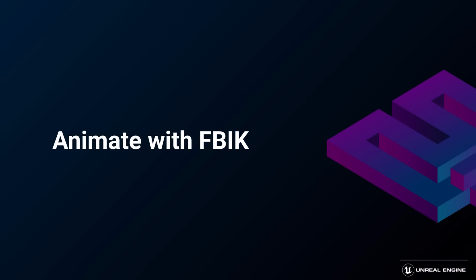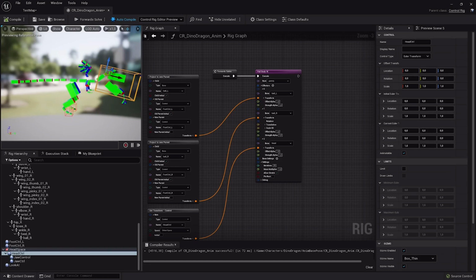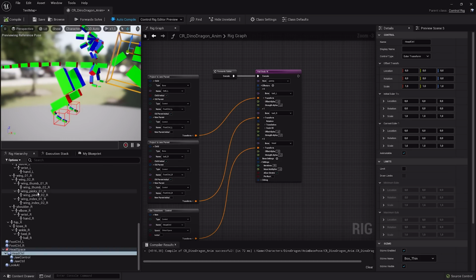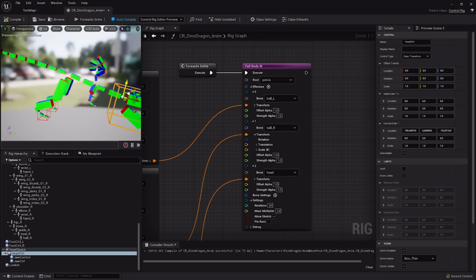So with all this in mind and the full body IK we just looked at, let's take a look at the setup for the base pose. For the very first step, let's take a mesh that has boxes for each bone, colored in the axis. So here is a full body IK solver with the controls for the feet and for the head. Without any additional tweaking, this is what we already got.